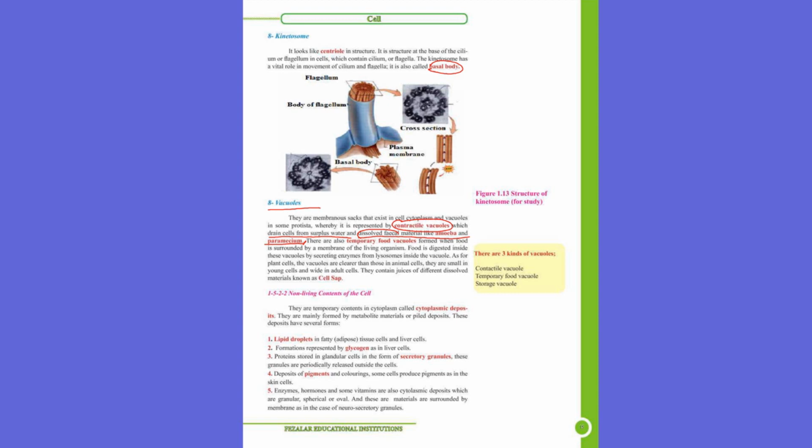There are also temporary food vacuoles. Temporary food vacuoles form when food is surrounded by the membrane of a living organism. We can remember this function from nutrition in amoeba. If there are pieces of food, the amoeba forms pseudopodia, surrounds the food, and takes it into the cytoplasm,